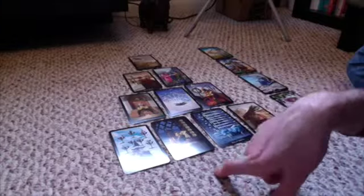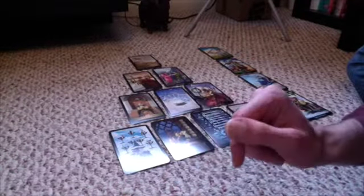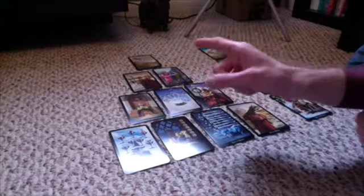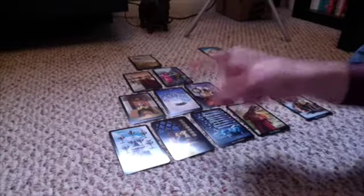The fours then are about stability. When you think of stability, think of the four directions and how that gives a sense of space and purpose. The four walls of a house, an old-fashioned house. Houses have a bit more than four walls these days. And that's that sense of stability. When I first learned that threes were about completion and fours were about stability,